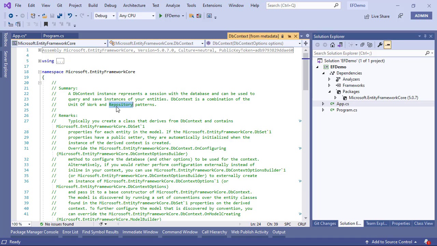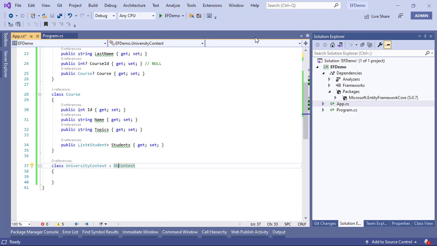Right? You already saw these two patterns. The repository is going to maintain the database inside a list, and unit of work is going to do concurrency management and tracking of changes that are going to happen inside those entities. Right? So DbContext is a combination of these two patterns. Right? So I'm going to close out of this, and now that we know that there is somebody who's going